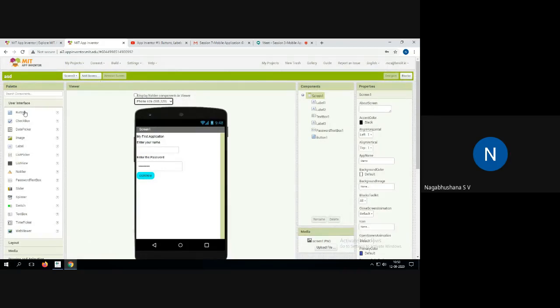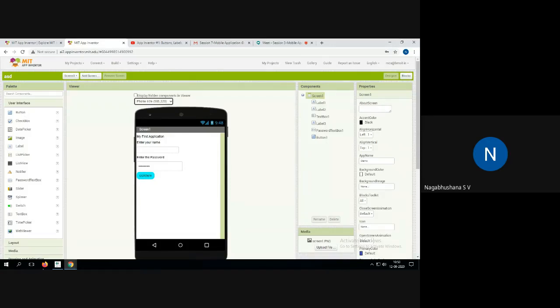That is, you have the first column, second column, third column, and fourth column. In the first column you will have a palette with all the new user interface components. The second will display how your interface components are going to look when put onto a mobile device, so that you can see.